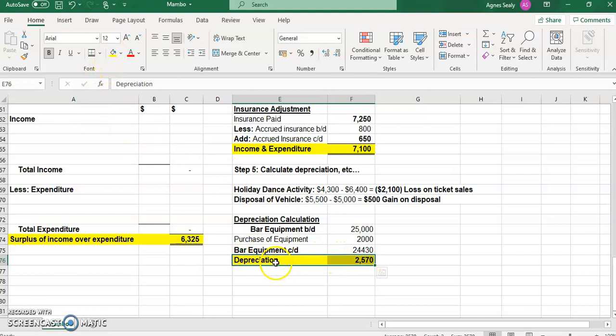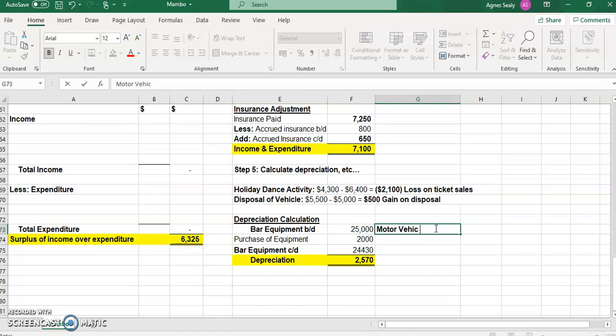And because it is bar equipment, when we are doing our bar trading account, this depreciation will go into that particular account, the bar trading profit and loss account. That's where this depreciation will go because it's associated with the bar. So let's look at depreciation now for the motor vehicle. So we're going to look at our motor vehicle,